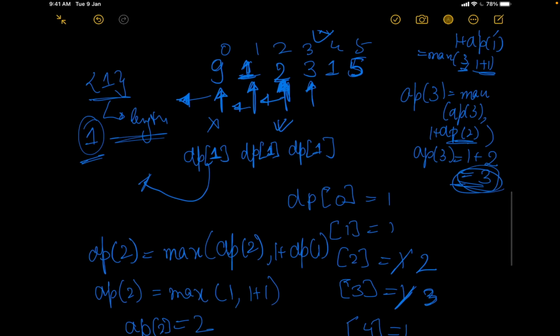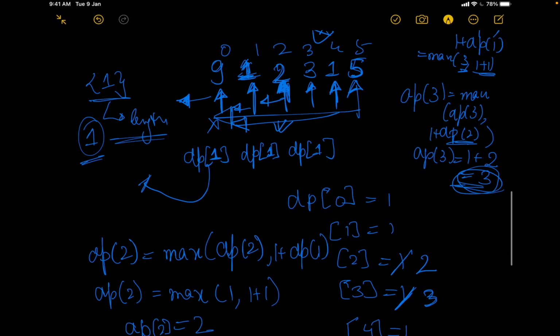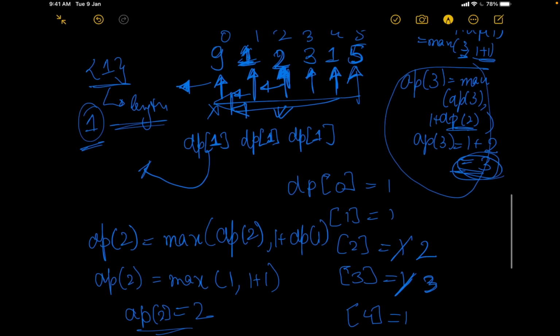We'll again go forward. We'll check for 1. Do I have any elements that are lesser than 1 to its left? No, it doesn't. So we can't do anything about it. Then we'll go to 5. Now we'll check, do I have any elements to my left that have a value less than 5? Yes, we have 3, we have 2, we have 1. So we are going to check the similar thing for all of these elements. So we are going to say